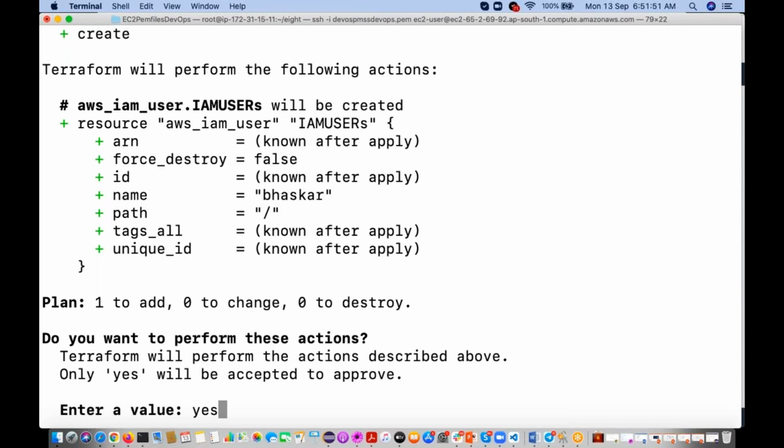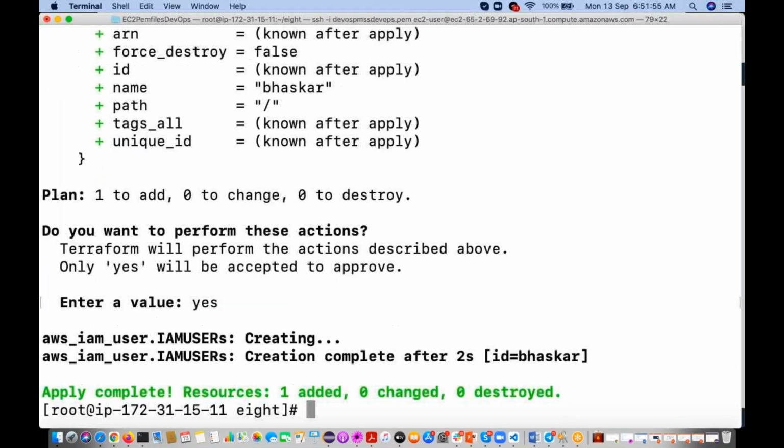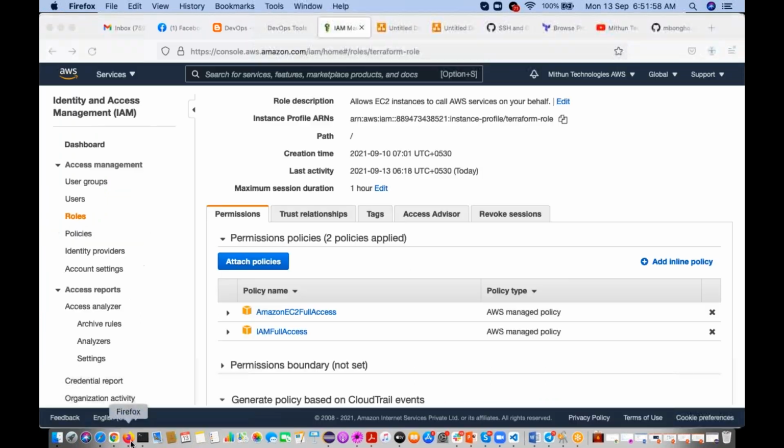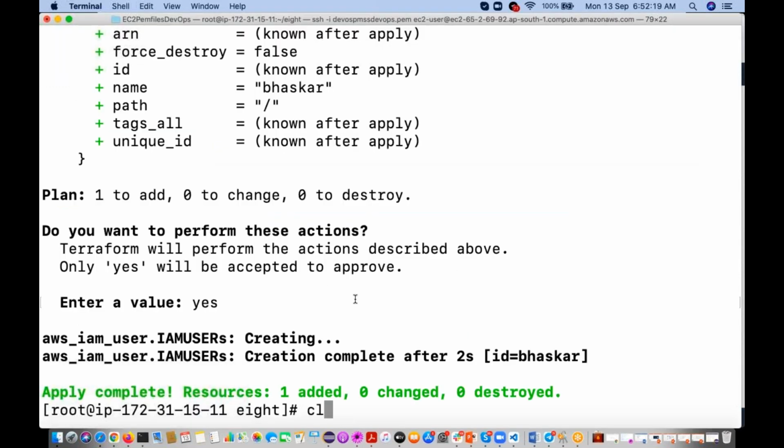Say yes. It's created. Now you can go here to the users and see it has created. See, Bhaskar user. It's created. Suppose you got a requirement, I want to create 5 users. What to do? Create one